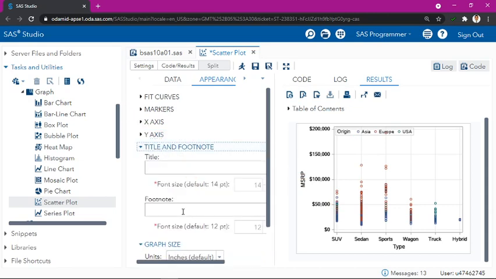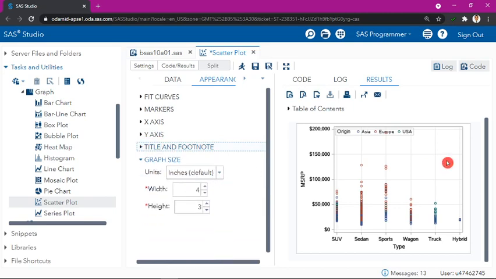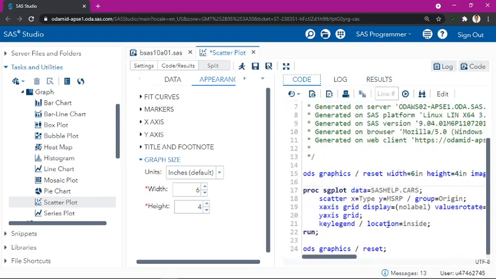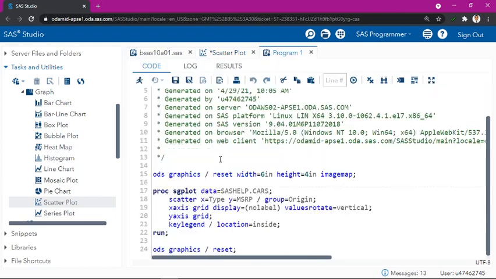Then title and footnote, as you know, you can add the values. I expect you to try this one, title and footnote, for all the graphs. Give the title and footnotes. The graph size, let it be sufficient. Anyways, I'll be copying the code, so I'll make it as 6 and 4. I'll be copying this to an editor, that is, this I'll be editing over here. So when I take it,